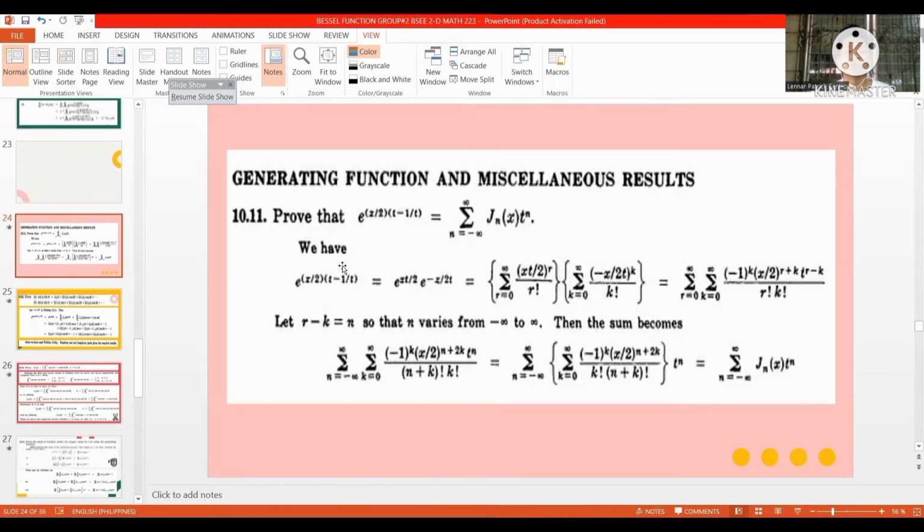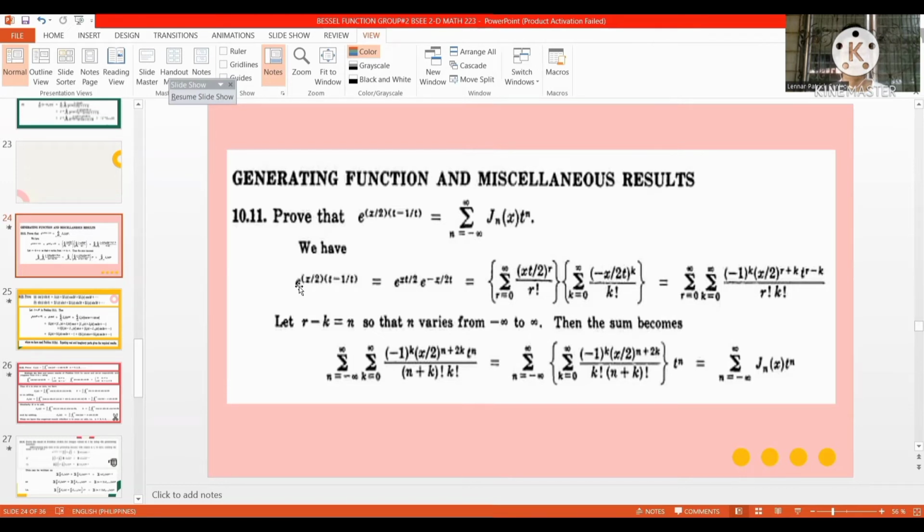The first step is we have to expand the left side of the problem. The e raised to z over 2 quantity t minus 1 over t is equal din siya sa e^(zt/2) and e^(-z/(2t)) is equal to summations of r equals 0 to infinity,